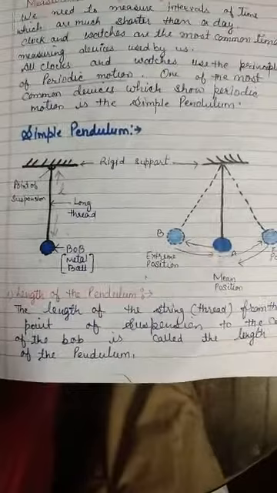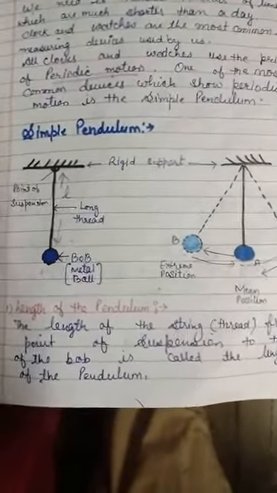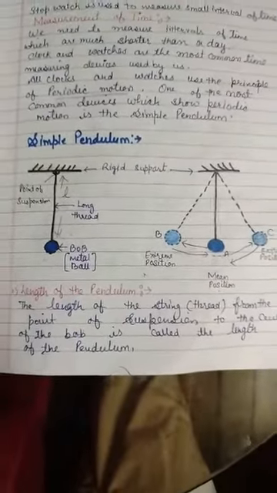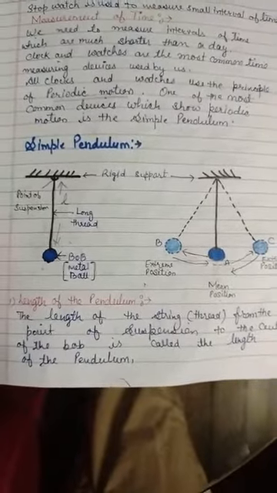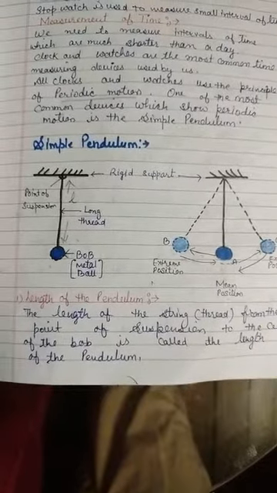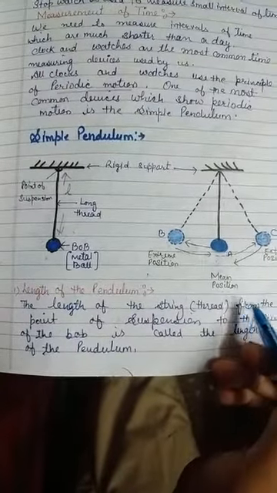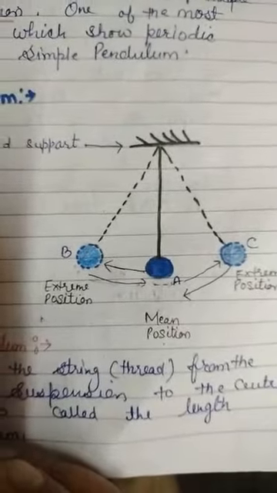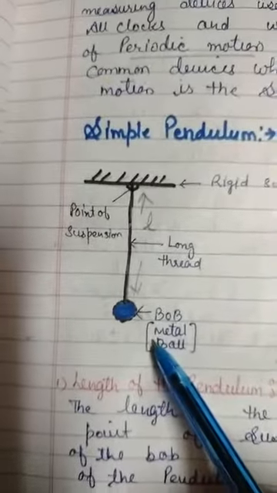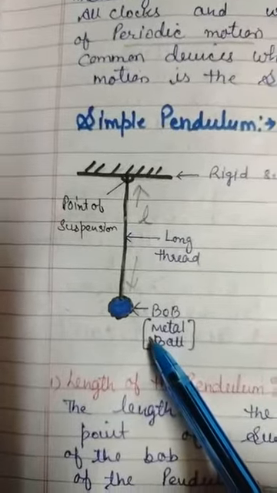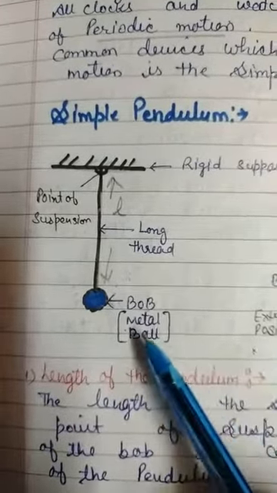We were discussing the chapter Motion and Time, and in our previous video we discussed the simple pendulum. A simple pendulum has a small metallic ball called the bob that is suspended from a rigid stand by a thread. When the metal bob is at rest, this is its rest position, and it is said to be its mean position. When the bob is displaced slightly and released, it begins oscillating,